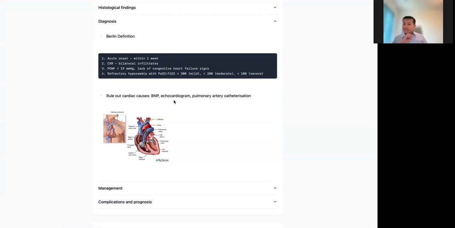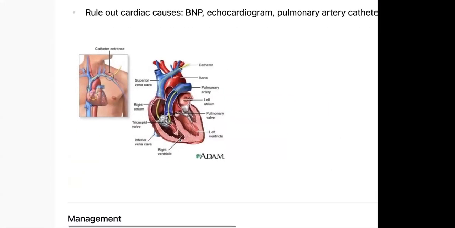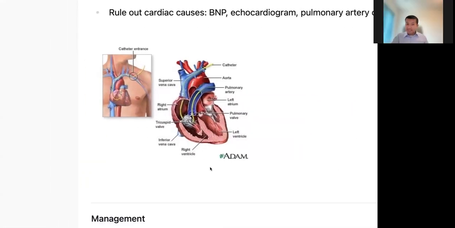That's why in very sick patients with hemodynamic instability, we have to ask for the Swan-Ganz catheter or pulmonary artery catheterization. However, the reason that I said very sick patient is because this is not a benign catheter. As you can see, it goes through, I'm not sure why it's going to the left, but usually to the right jugular, and then the brachiocephalic vein, and then superior vena cava, goes to the right atrium, goes